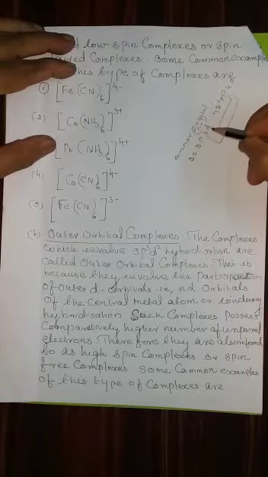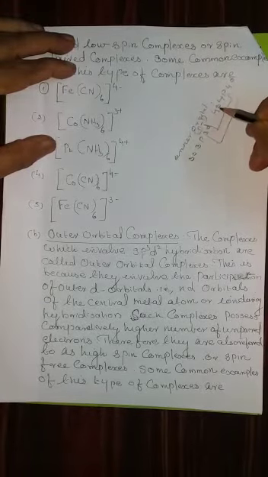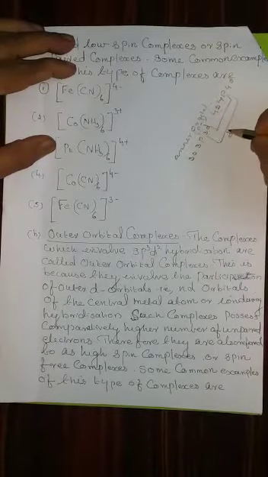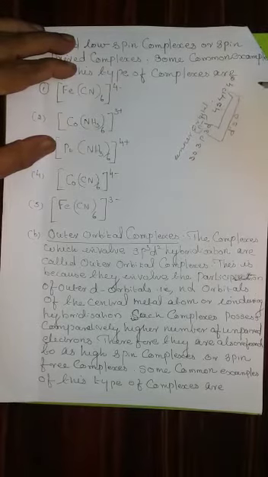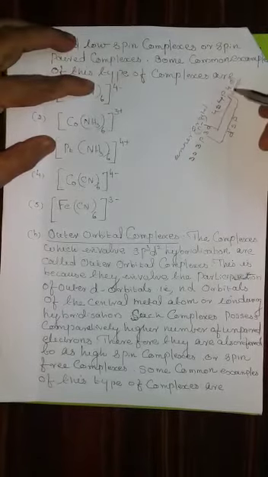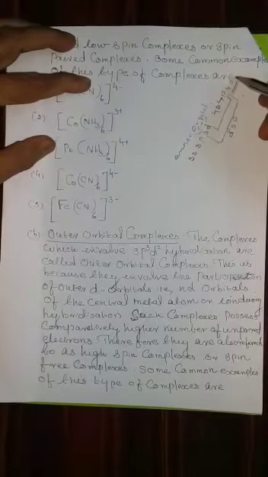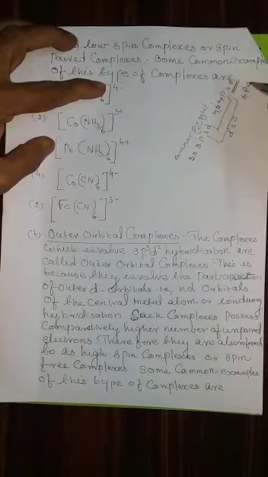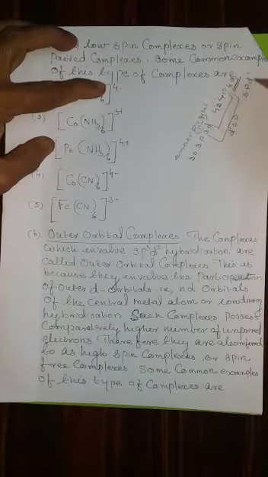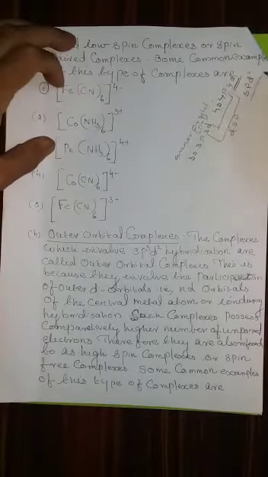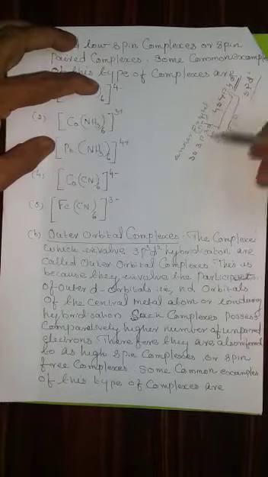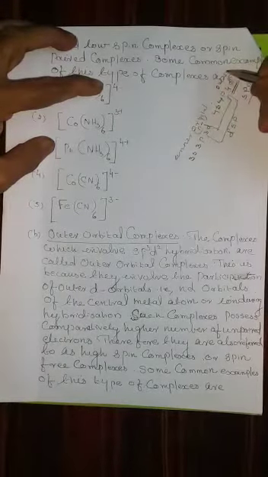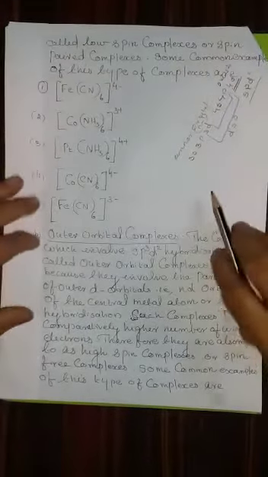When (n-1)d orbital is hybridized with s and p, we write d2sp3. Whereas if the nth one, the fourth one, that means 4d, undergoes hybridization, we write sp3d2, or however many d orbitals are taking place. That is the meaning of inner orbital. If it is like this, it is called outer orbital. This is the meaning of inner orbital and outer orbital.